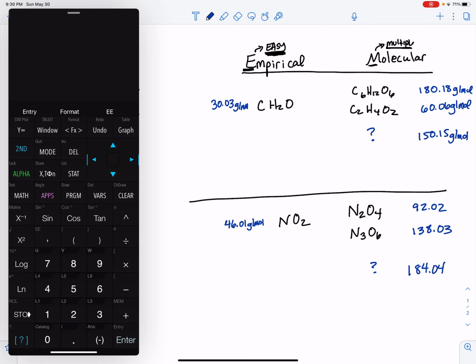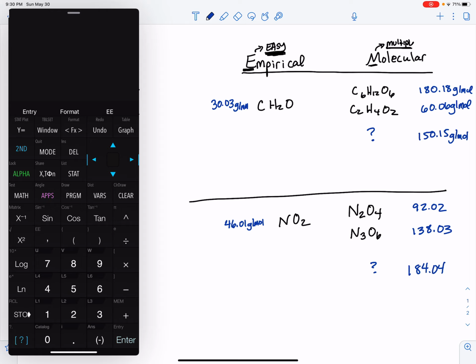Okay, so we're going to do a little bit of math to show how you might figure out if you've actually made what you think you've made. We're going to take information about the empirical formula, and this should look familiar, but I've put in some numbers off to the side. If you can't remember how to do this, go back to the section where it talks about adding up molar masses. That's what I did for all of these